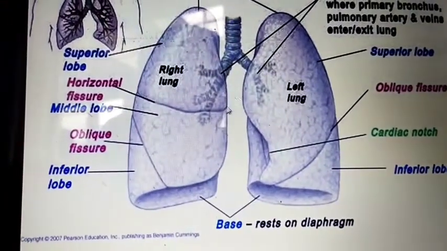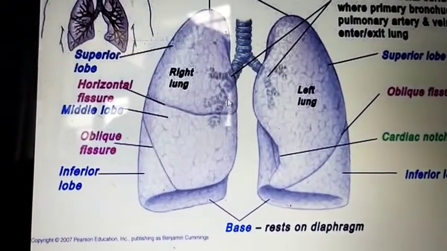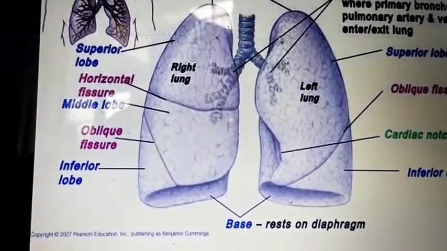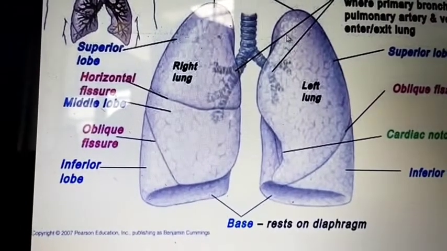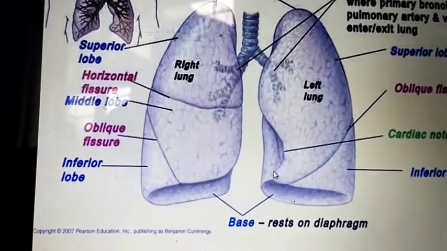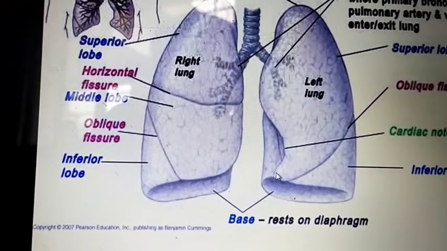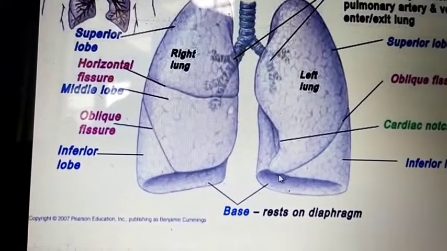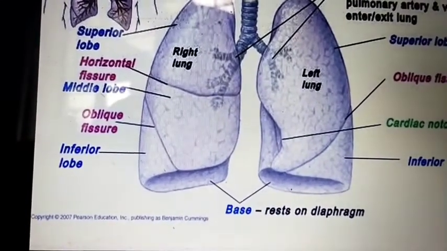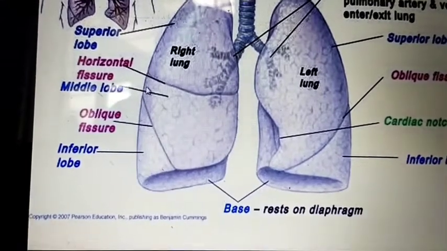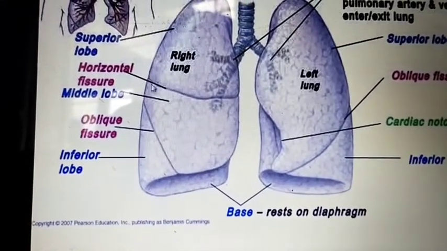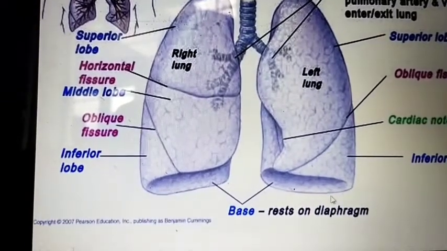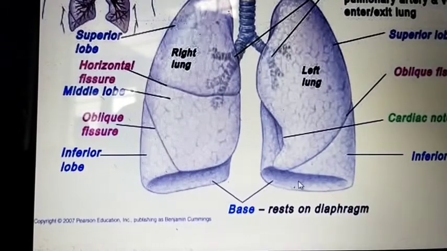You can see in this, this is the anterior border. In the left lung, the anterior border forms a notch-like structure. That notch is the cardiac notch, and at the anterior border there is a projection-like structure, the lingula. And this is a blunt, rounded border, the posterior border. You can see this is the posterior border, and this is the inferior border. And this is the base.